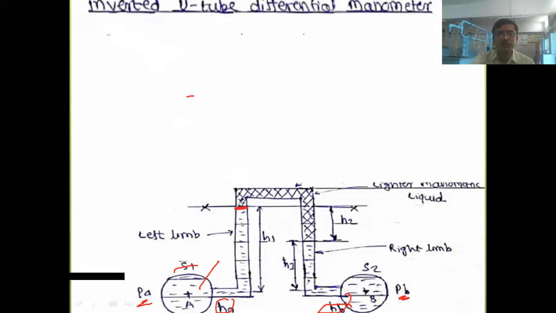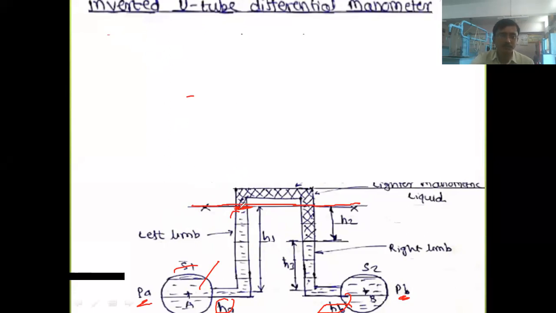But here, if you see, the datum is above the pressure, that column of the liquid, right? The datum is above. In the earlier case the datum was below, but this is an inverted tube manometer. So the datum has gone above, and the column of the liquid is below it. Okay, so instead of saying above the datum, we should say here below the datum, right?